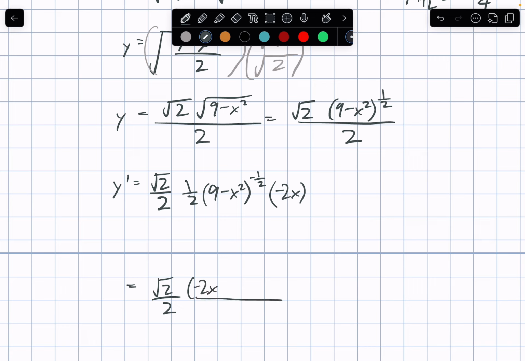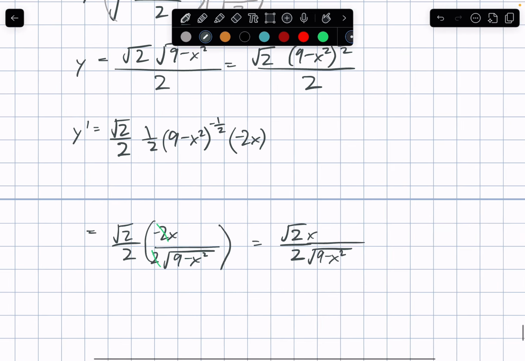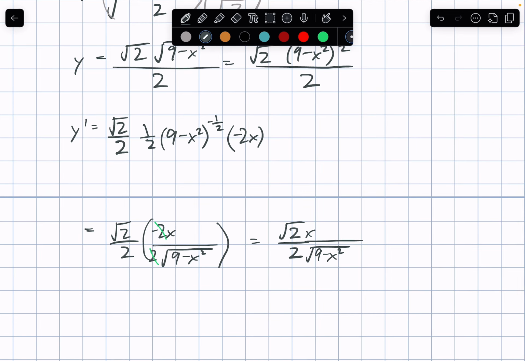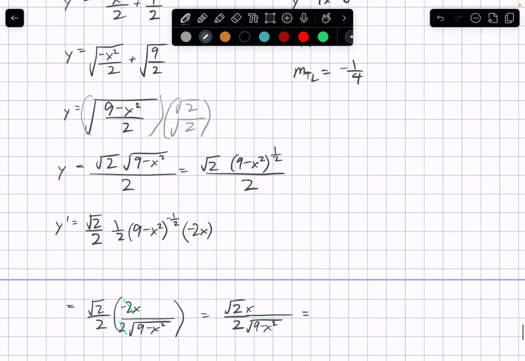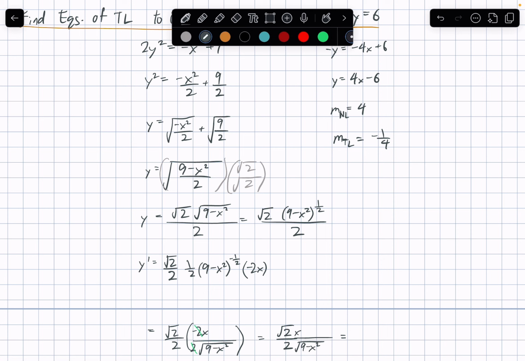It's negative 2x. Okay, we can cancel. Okay, so this is the slope of our tangent line,